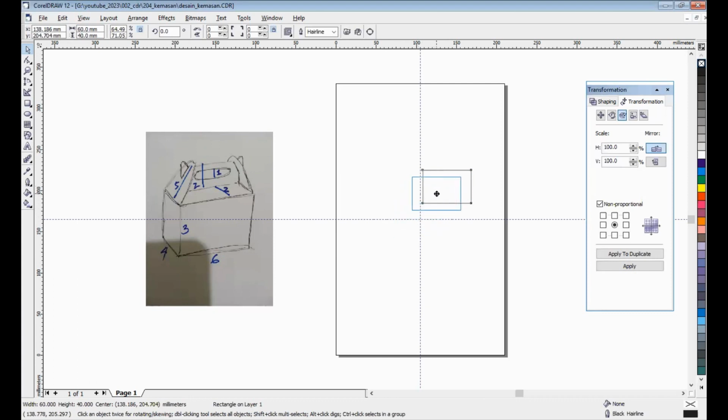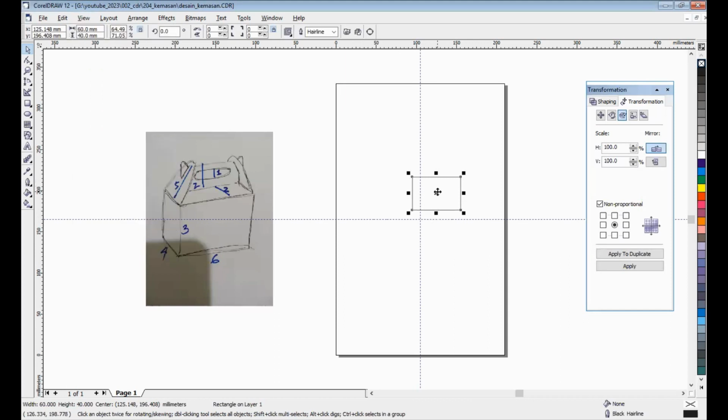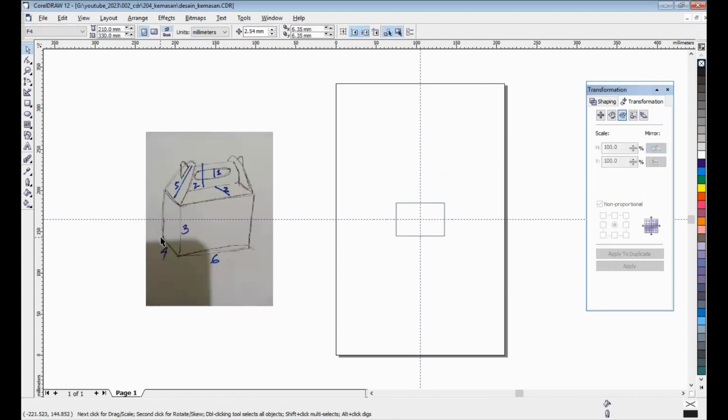If you want it to move automatically, we must turn on snap to guideline. Take the center and then snap. Okay, clear. 4 and 6.